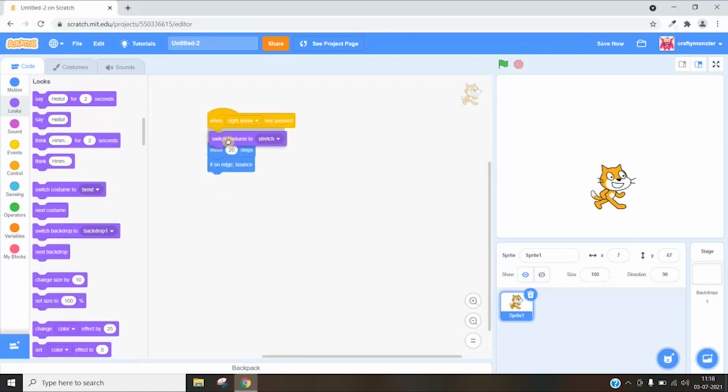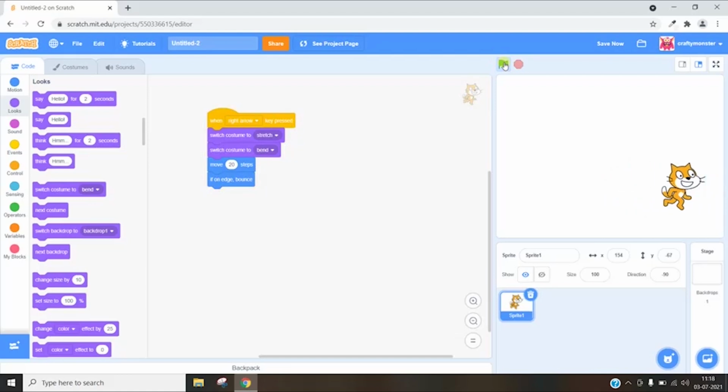So when the right arrow key is pressed, we want it to stretch, and then we want it to bend. Let's check it out. What is happening? What happens is it first switches costume to stretch. Then it switches back to bend, and then it doesn't repeat again. So